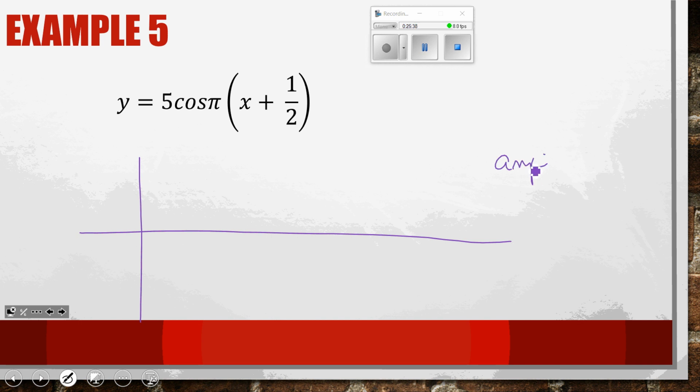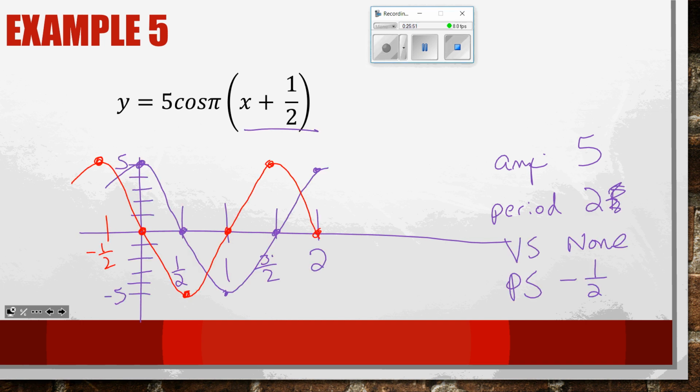We know our amplitude is what? 5. We know that our period is what? 2. Not 2 pi, just 2. We're just going to cross through that. Here's what I want